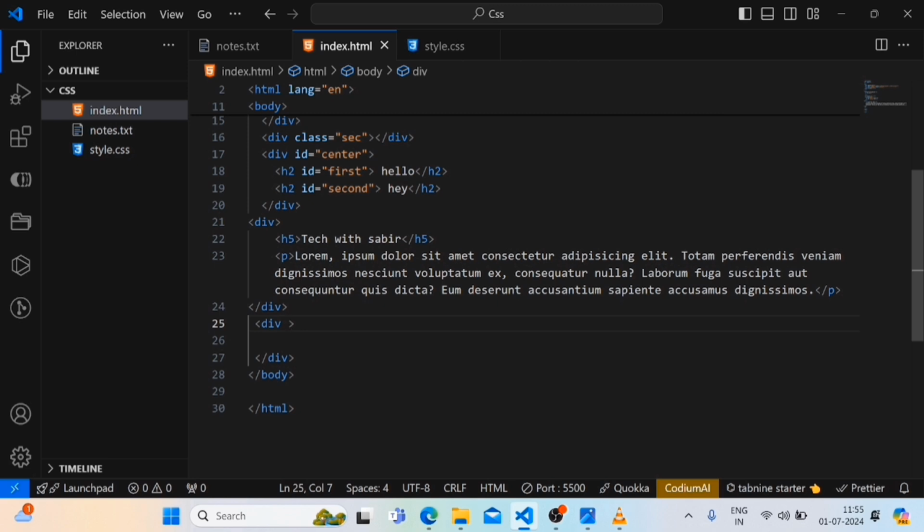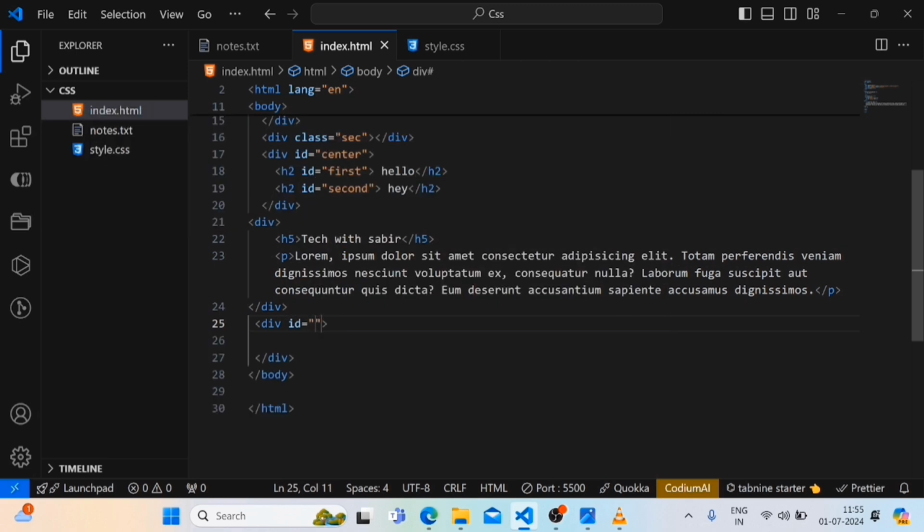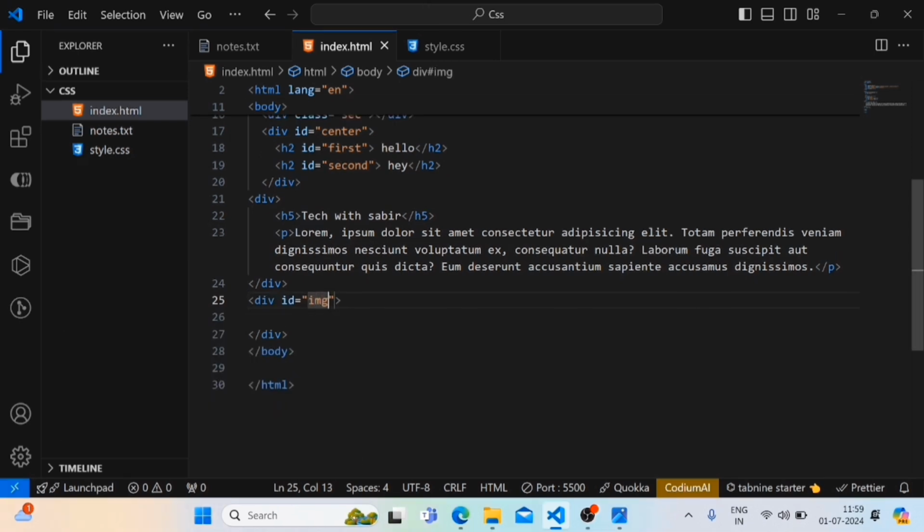Let's give here ID. Let's give image img, and here to add the image we will use the image tag. To add the image we will use here image tag. So img,